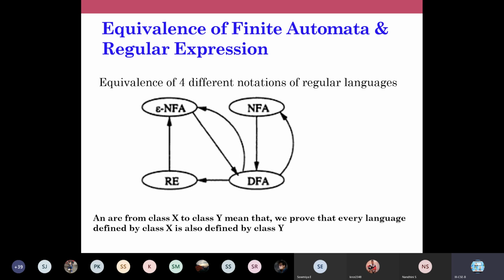With this, today we'll wind up our session. I hope you all can understand. Both automata and regular expressions are equivalent. You must be able to write a regular expression for all the languages for which you constructed an automaton. That you just remember. We'll see more problems later. With this, we'll end the session.